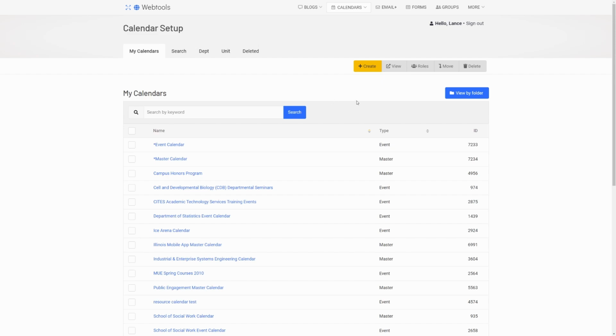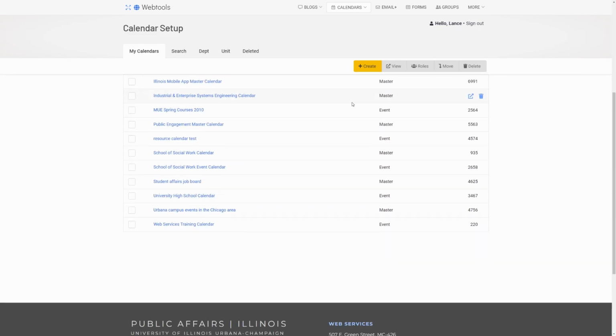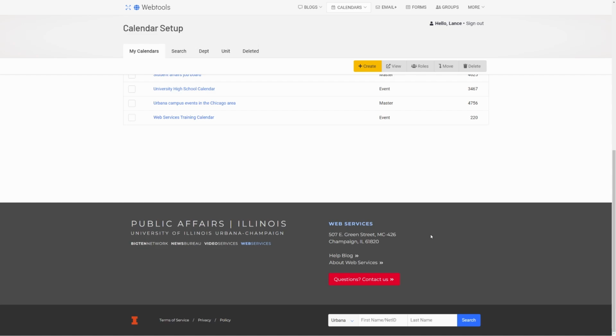But before we go, how do you reach out to us if you have any questions? If you scroll to the bottom of any Webtools screen, you'll see the Contact Us button at the bottom. When you press this, it gives you a form to fill out. Make sure to include the name of the application or service that you have a question about. That would be the name at the top of the screen of the button you pressed. Second, what is the URL or ID to the item or thing you have a question regarding? And finally, whatever question you